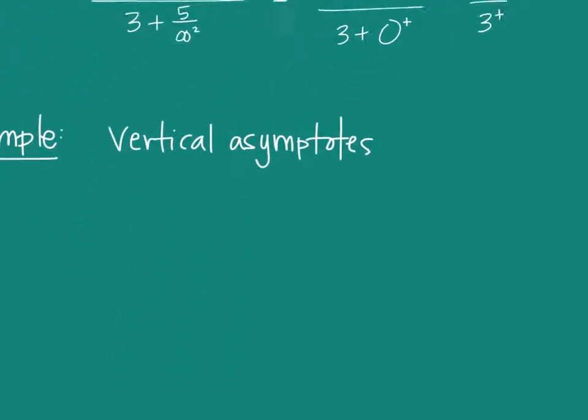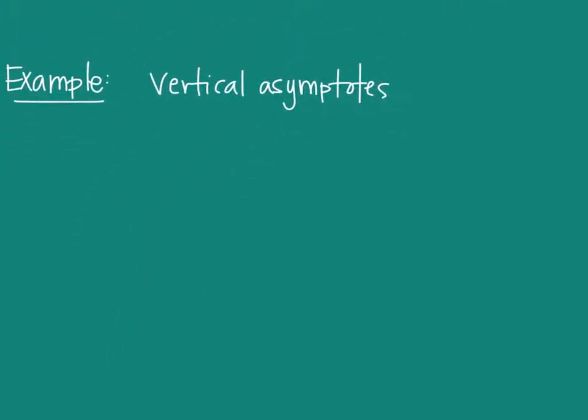Okay, vertical asymptotes. When do they occur? How do you know you're going to have one? Think of a hyperbola. That's got a vertical asymptote. How do you know you're going to have one? You have your variable in the denominator, and it's able to hit 0 at some point. All right. Vertical asymptotes occur when the denominator is going to be 0.